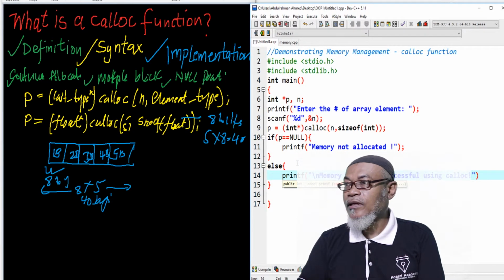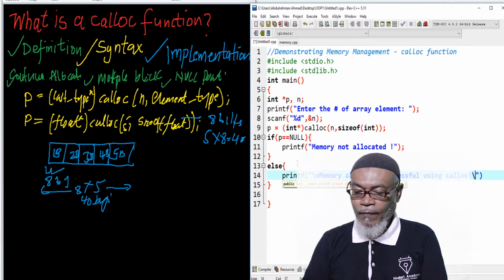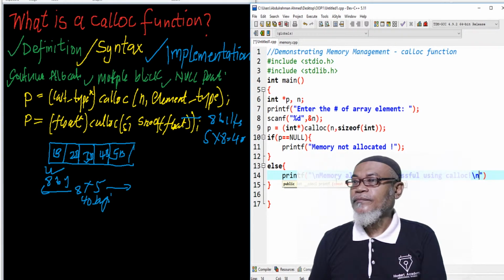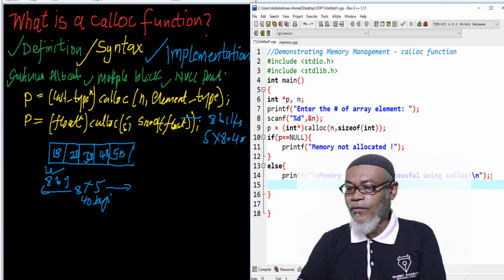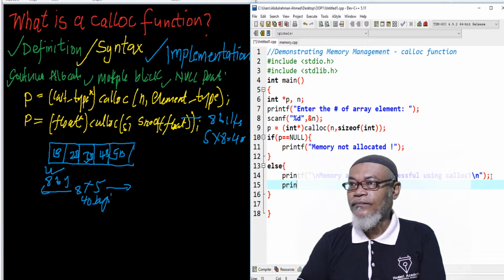So memory allocated using our calloc function, and we put a line there, and then from there we are saying printf again,